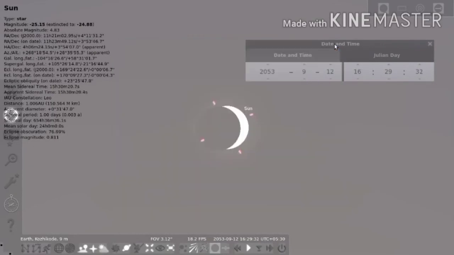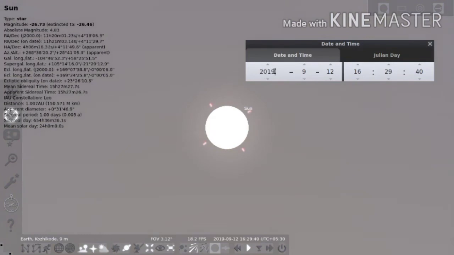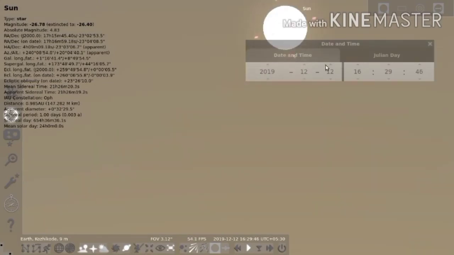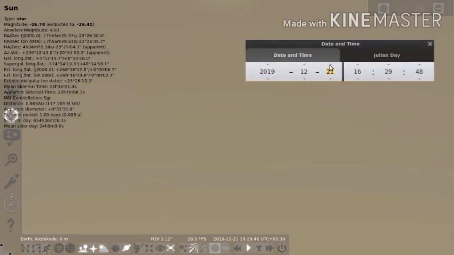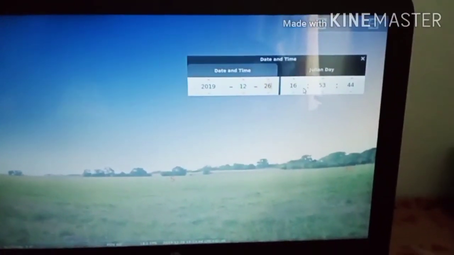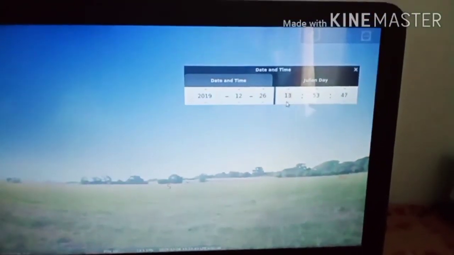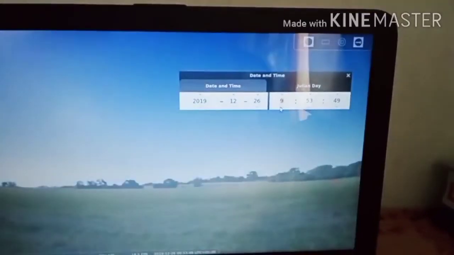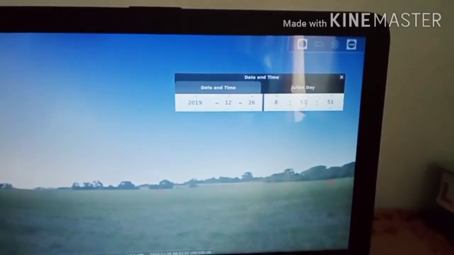Kozhikode, India. Date is 2019, 12:26. Give the time as 8 o'clock, so reduce it to 8, then 00.